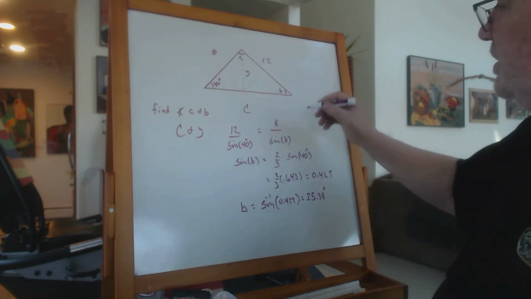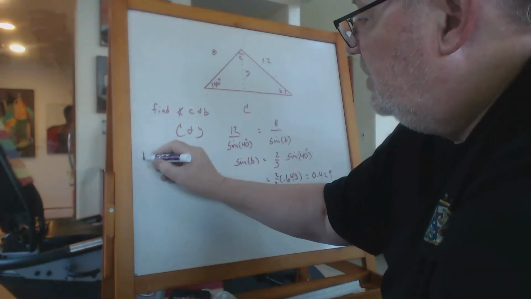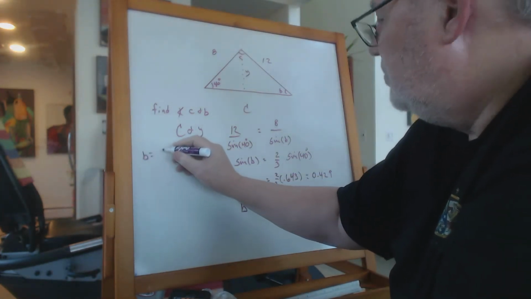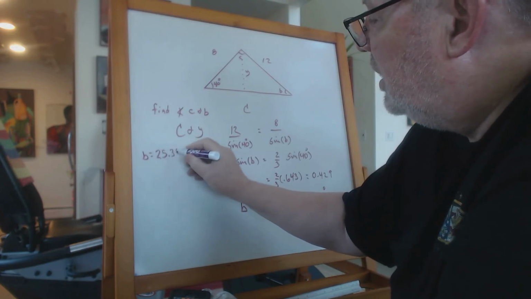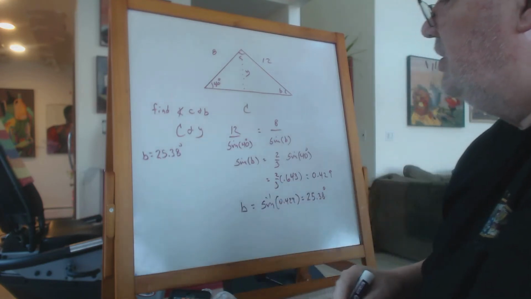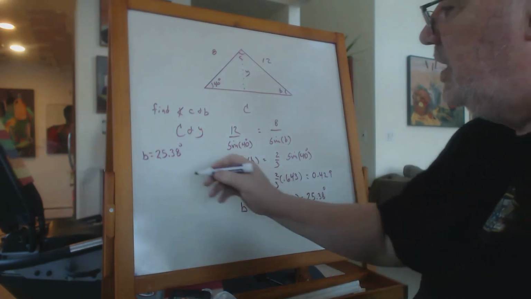So B is equal to 25.38 degrees. That means